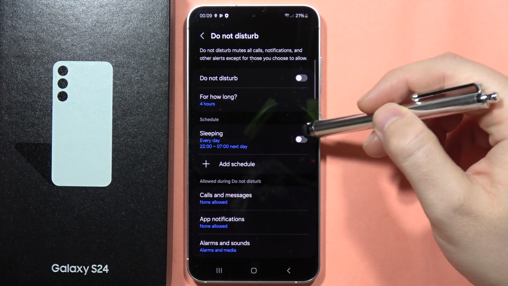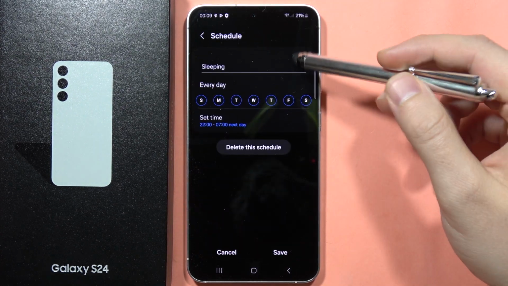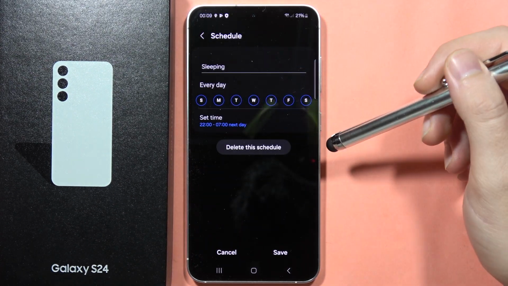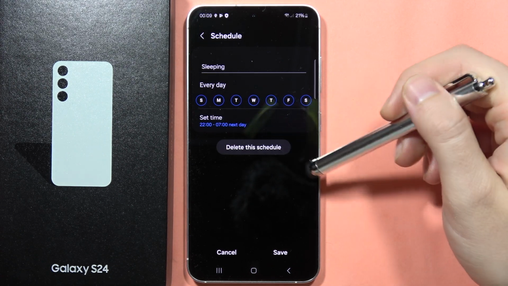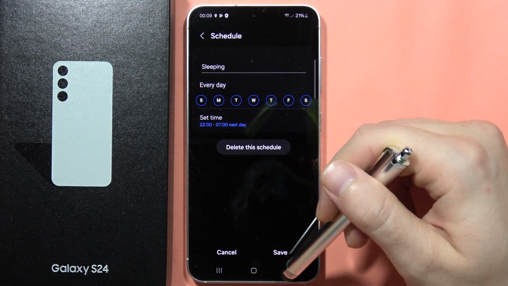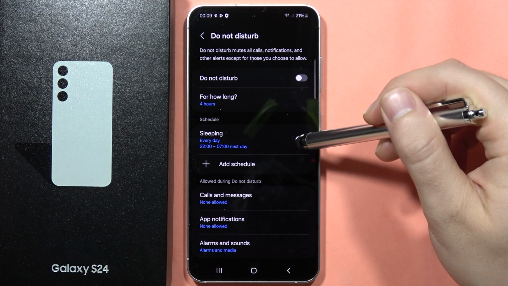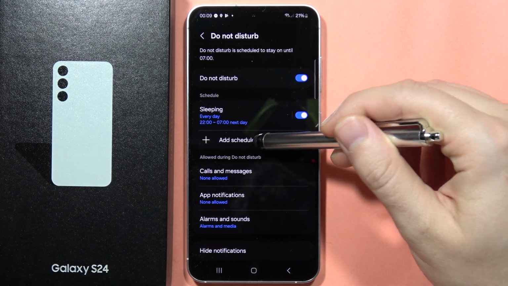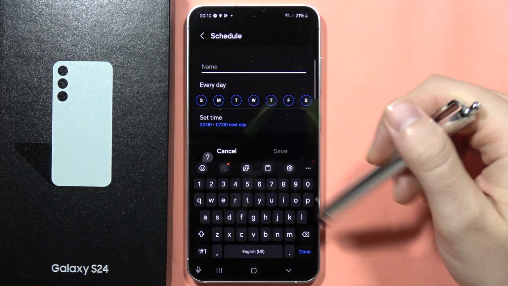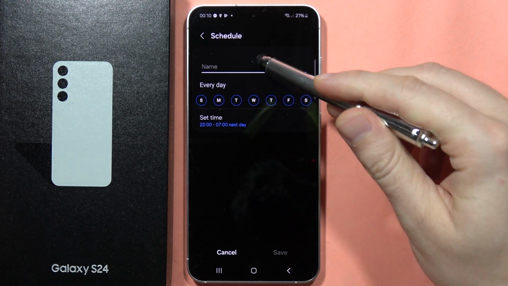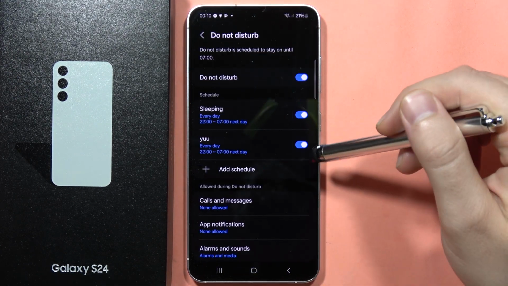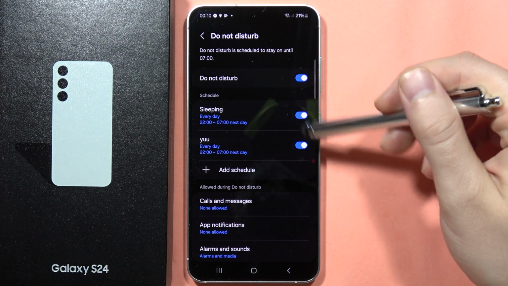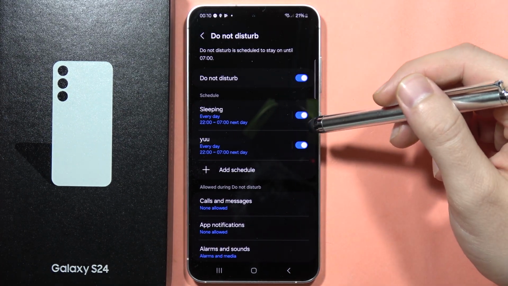So we actually get the default schedule that you've got every day from 10 p.m. to 7 a.m. the next day. And also we can add and turn on the schedules right here. So we can customize the schedule here. Let's add this one. And as you can see, we can actually turn on and off multiple schedules for the